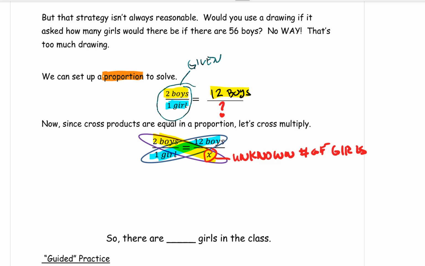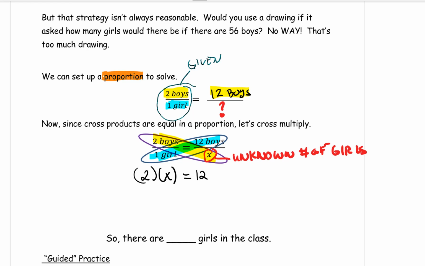So if I do that, I'll have 2 multiplied by x is equal to